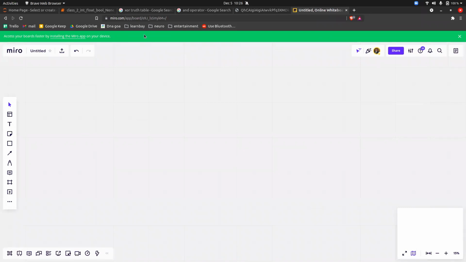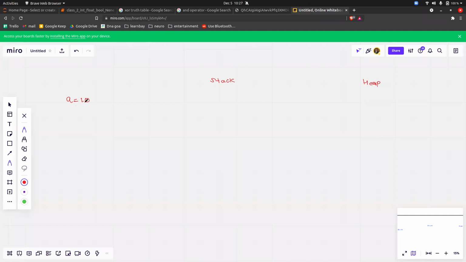So now let me make you understand what happens behind the scenes. In the coding shell, when you write a is equal to 10, what happens behind the scenes in Python is that Python has two memory areas. One is called a stack area and one is called a heap area.